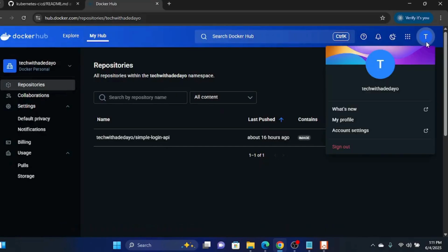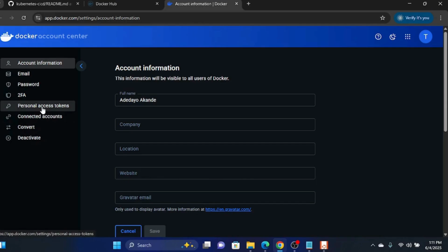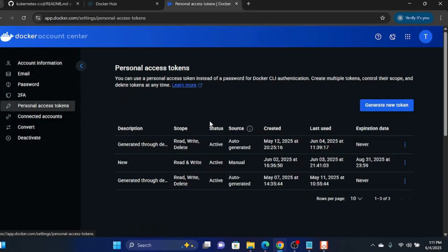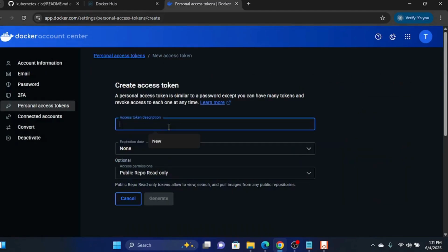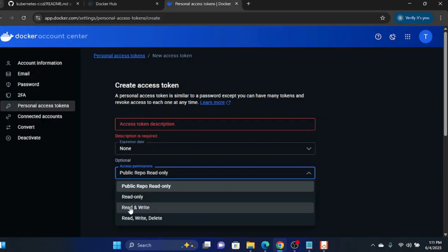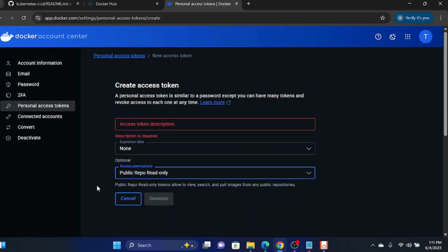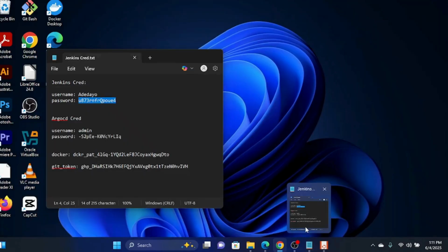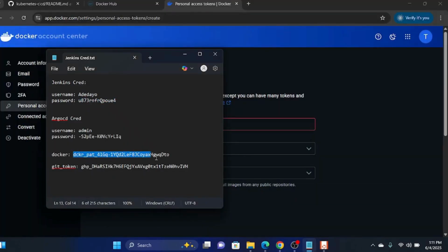And I'm going to come here. I'm going to go to account settings, and right here you have personal access tokens. Go here, and you can generate a new token right here. Right, and you can give it a description, you can give it an expiry, you can give it whatever access. Best I give my read and write, which is what I need, right? I didn't give it delete, so just read and write. And once you do that, it's going to generate a token which looks just like this for you, right? And so you copy that token